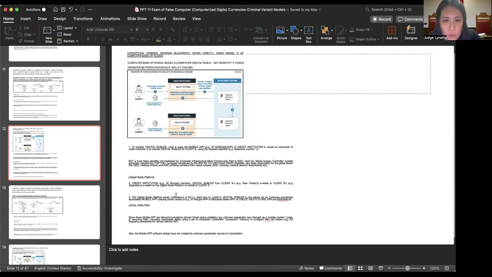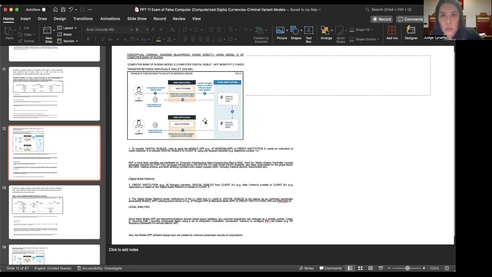The credit institution JP Morgan transfers digital rubles from client A's New Yorker's e-wallet to client B's Japanese e-wallet on the digital ruble platform on behalf of client A. So it's a computer platform that the computer perpetrator can access. The digital ruble platform has also effectively replaced a lot of banks that way. Although of course, to begin with, there are some issues with all banks, there are illegal containers of nations' money, business accounts, and we'll be looking at the table to analyze and understand.